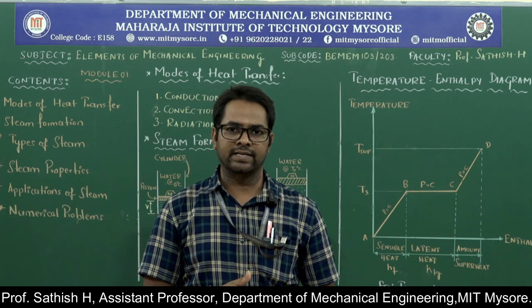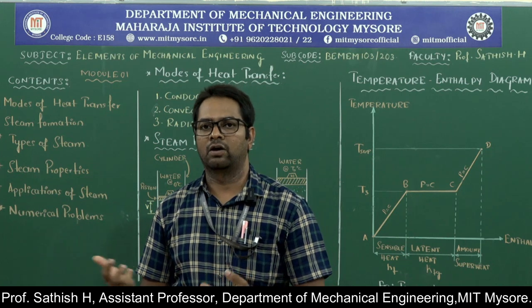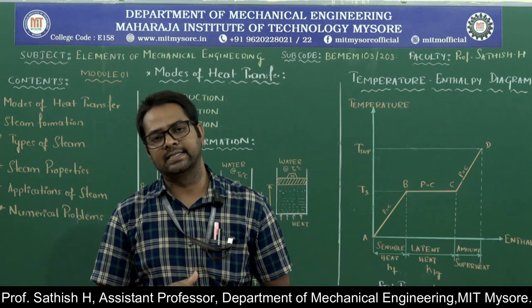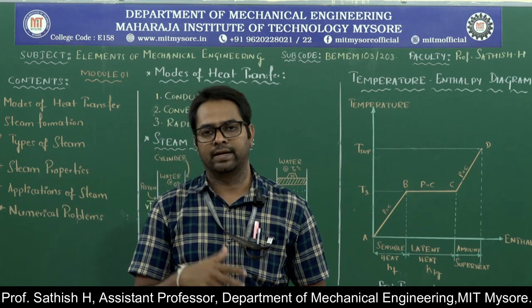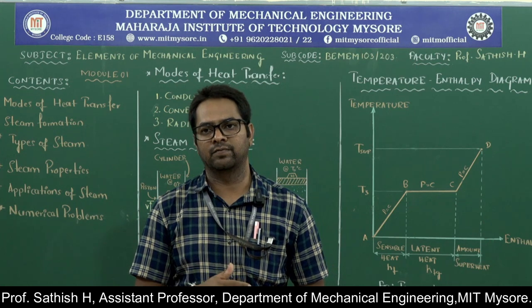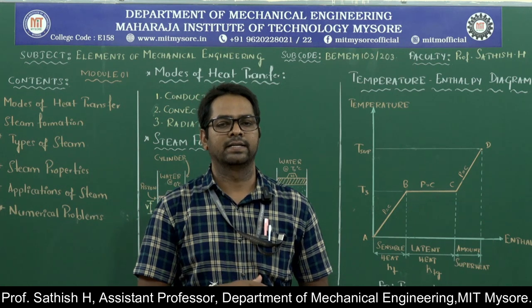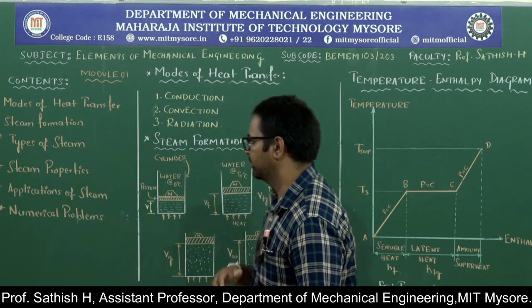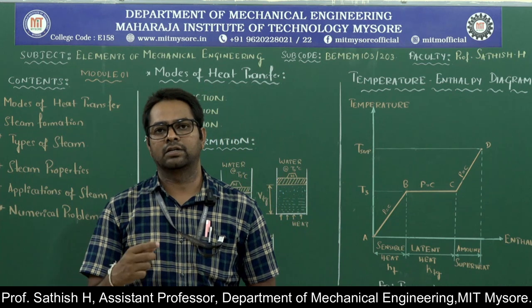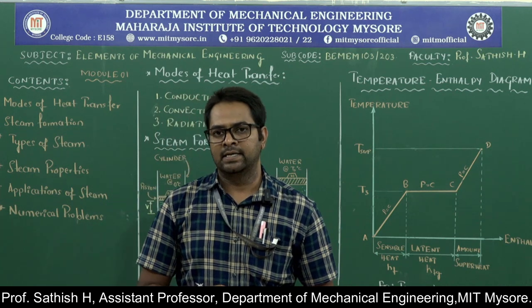Convection can take place due to the difference in densities, which we call natural convection, or in the case of forced convection, where we force the fluid, because of which the convection takes place. And an example for convection is, if you have a hot cup of tea